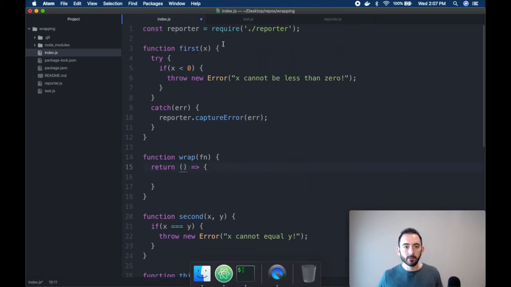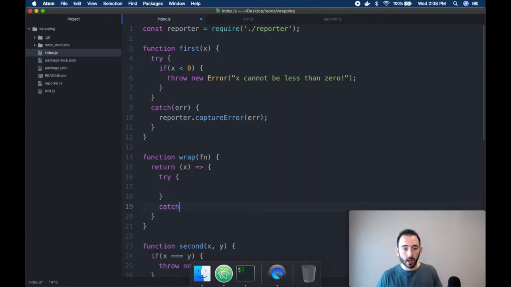So if it behaves similarly to this first function, the first thing we're going to want to do is take that x variable as an argument. See? So we have this function that takes x as an argument, and we're going to go ahead and do the same thing down here in our new wrap function that we're returning from wrap. So x is coming in as an argument, and now what we're going to do is take this try catch and put it inside of our wrap function instead. So we have try catch